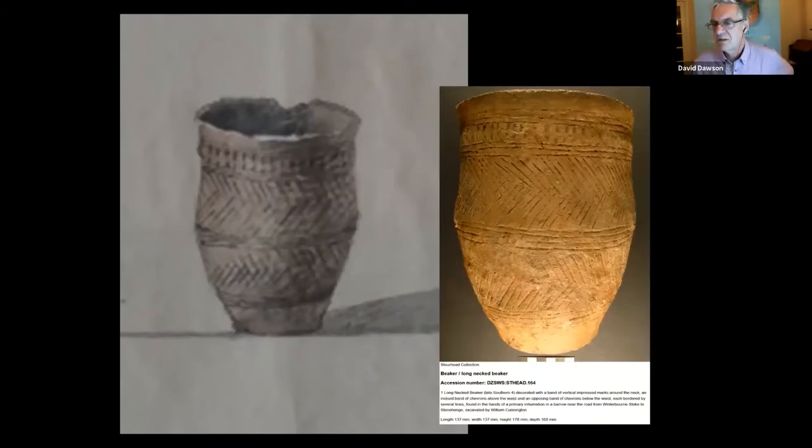This was excavated by the road to Winterbourne Stoke, so it's not Stonehenge, as in the monument itself. It's in the immediate area, and this beaker was found in the hands of a crouched skeleton. But you can clearly see how the two link, and it's great to be able to have this link through to